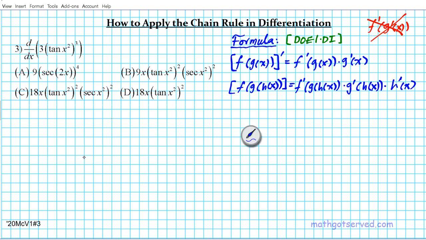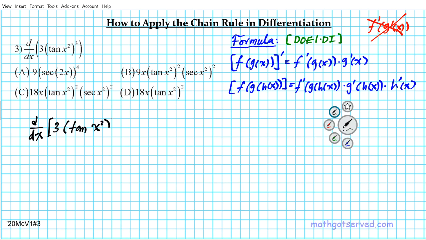So let's go ahead and differentiate this function right here. We have the derivative of 3 times tan x squared, raised to the third power. One thing you want to know is that if you have a constant multiple of what you're differentiating, you can always factor that out, just like you do with integrals. So pull out the 3, so we have 3 times the derivative